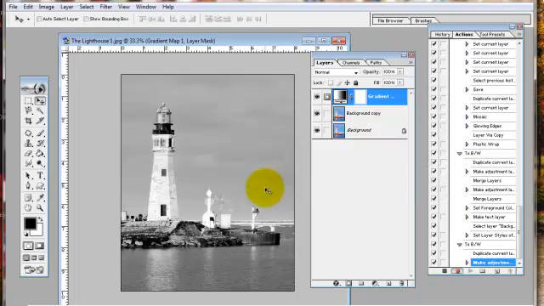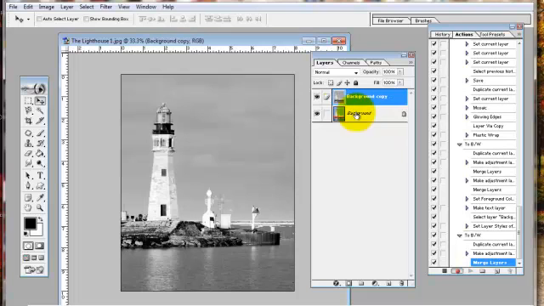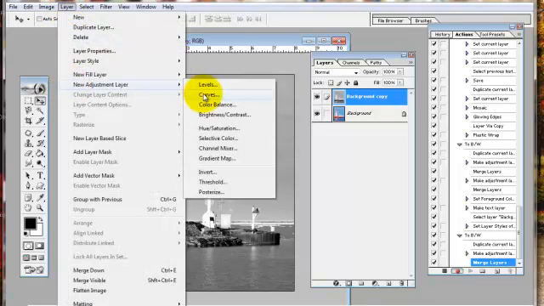What I'm going to do is just merge the layers down now. So I can take this separate layer and merge it into this one because I want to do some other things too. So I'm just going to do Control E on my keyboard to merge it down. Next thing I want to do is go to Layer, New Adjustment Layer, Curves,